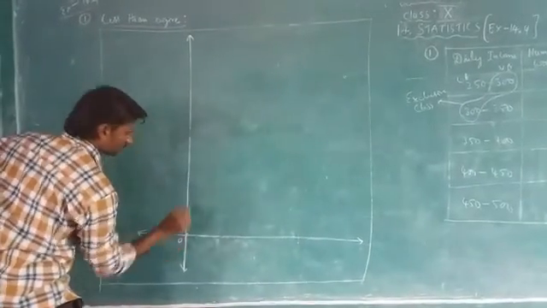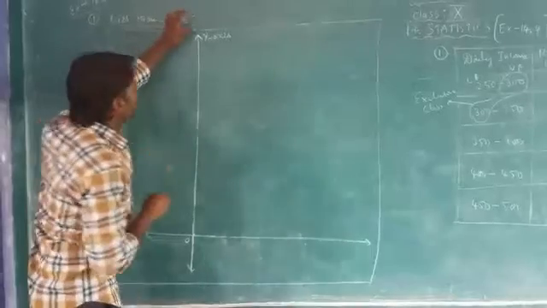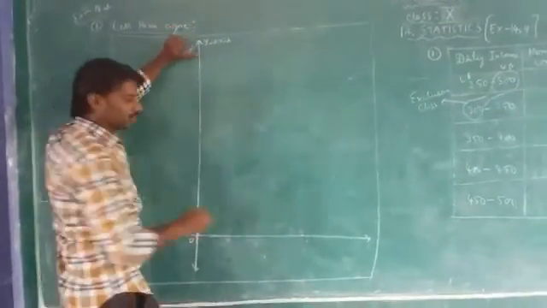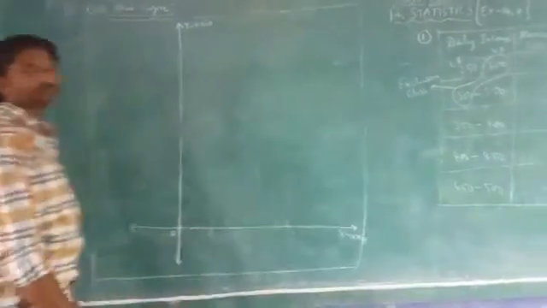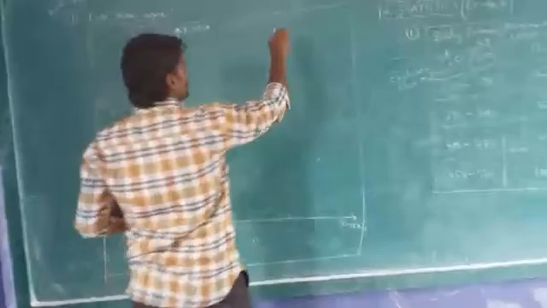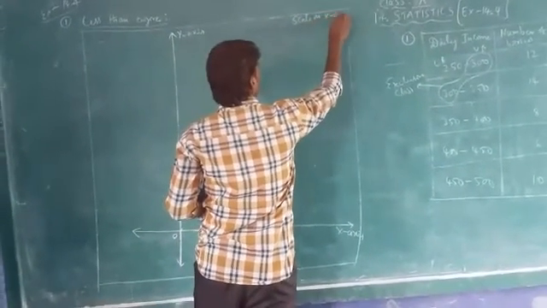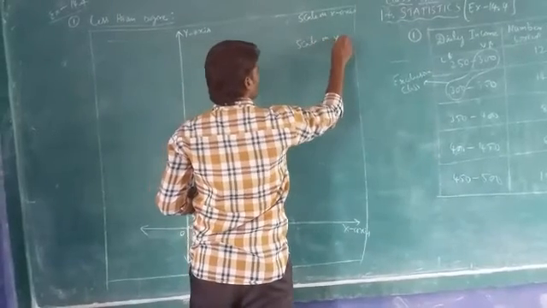And this is the origin. So you have to mention one more thing, children. Graph boundaries. Don't touch the axis up to the boundary. It looks neat if you don't touch it. Leave this. Don't touch the borders. Now we have to plot the points. Before that, we have to write a scale. Scale on the x-axis, and again scale on the y-axis.